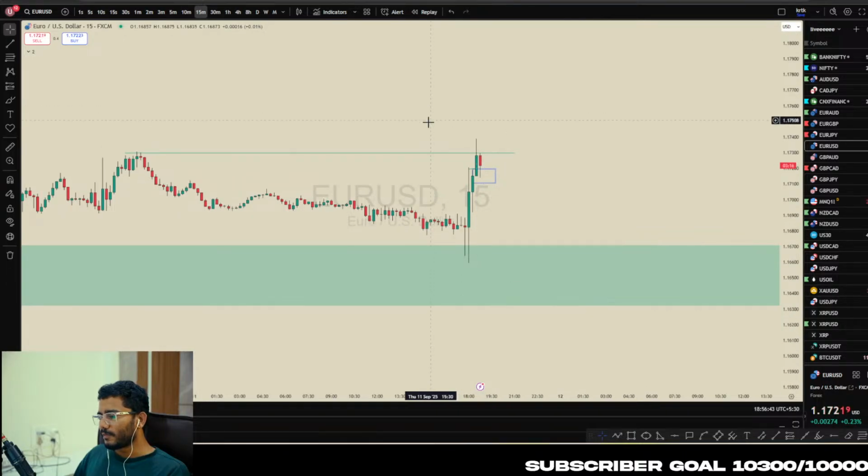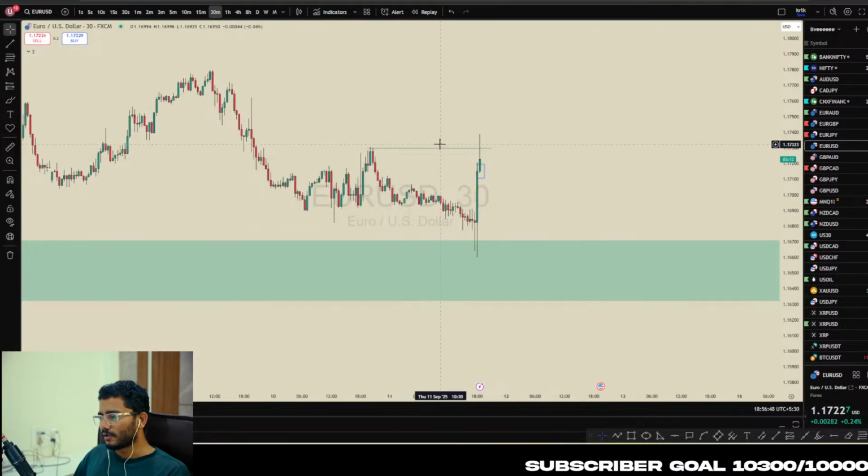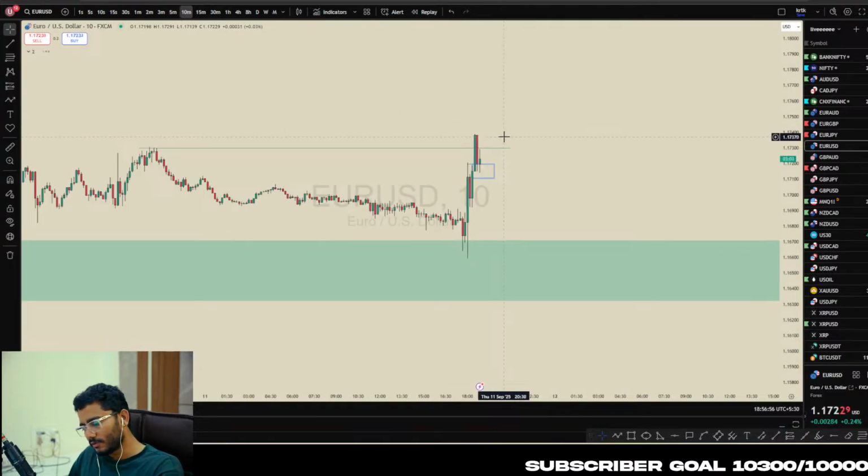So I'm waiting for confirmation. Right now, price broke the structure with just a high. So I want price to create some kind of structure. Then only I look for buy side. If you look at DXY,